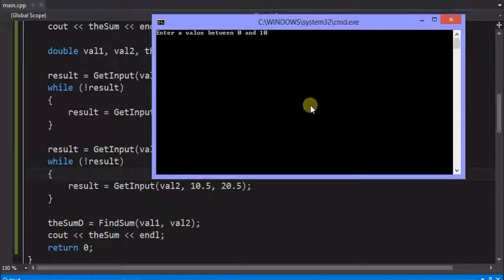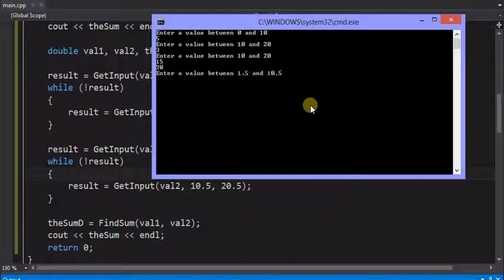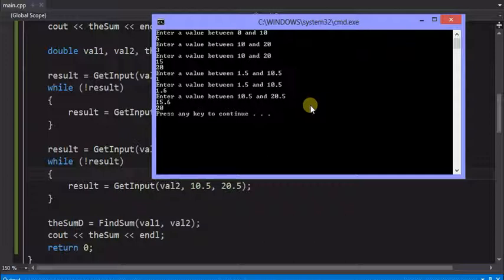So we showed once that the integer works in terms of the ranges, so we just put some valid values in. Oh, the first one was invalid. Oops, sorry. So there we go. We got our results. Now it's asking for the doubles. Here I'm going to put in just a 1, and it should prompt me again because it's less than 1.5. So I'm going to put 1.6. So it captures that, and you can see that they're going to work. And we'll put one that's in the valid range. And we got a 20 because,